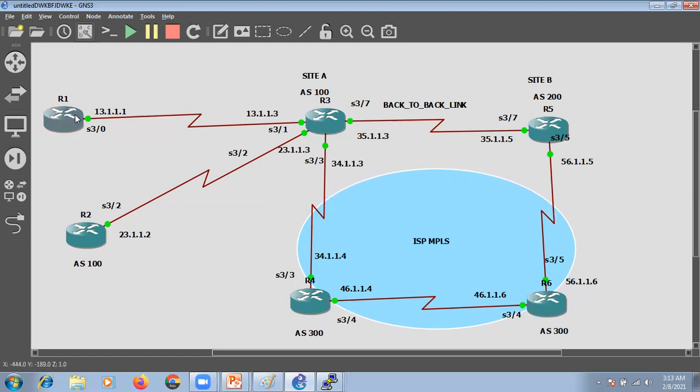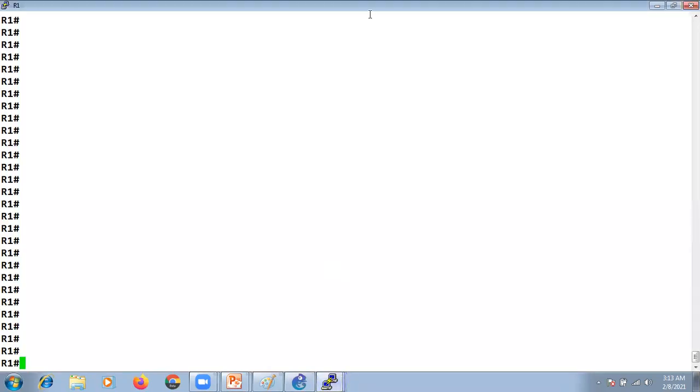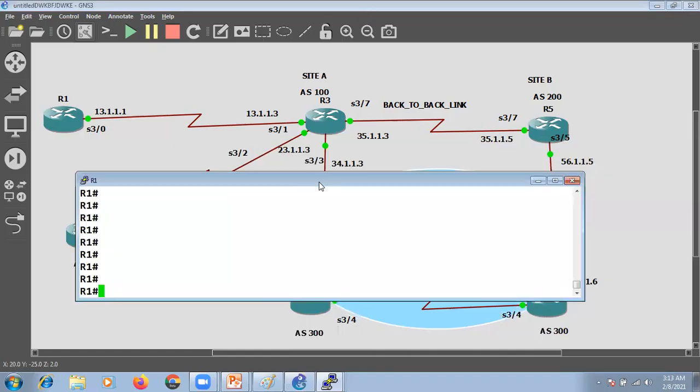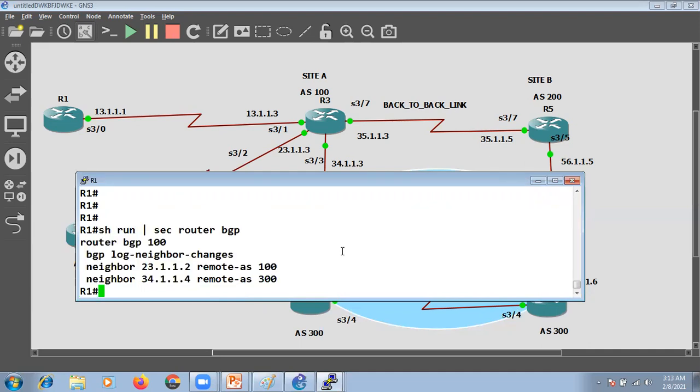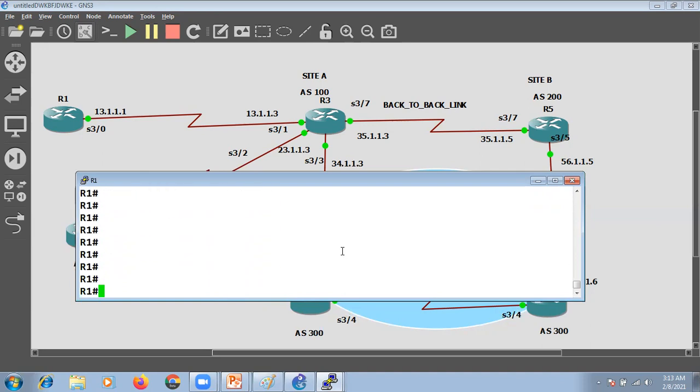Let's do one thing. I'm on R1. Between R1 and R3, we are running EIGRP. Let me show you what exactly we have configured here.